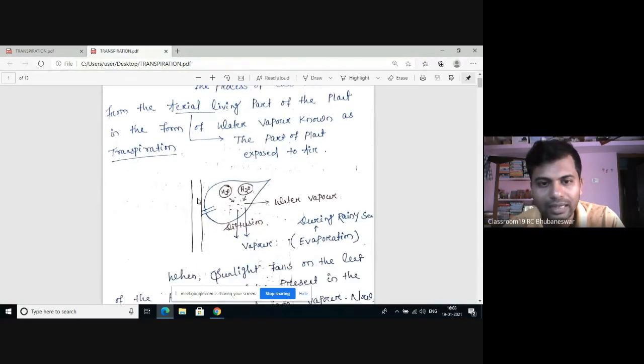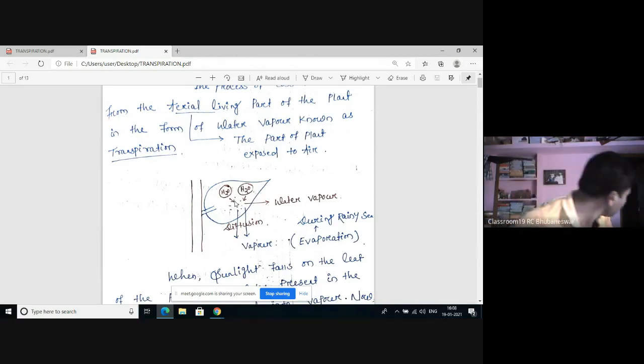Look, this is the plant, and this is the leaf. The leaf contains leaf cells. Suppose sunlight falls on the surface of the leaf. Due to sunlight falling on the leaf, the water present in the leaf becomes hot, and due to the heat, water is converted into vapor. So the concentration of water vapor is more inside the leaf and less in the atmosphere. So diffusion of water vapor takes place from the leaf into the environment. The whole process is known as transpiration. So transpiration is a process of diffusion.